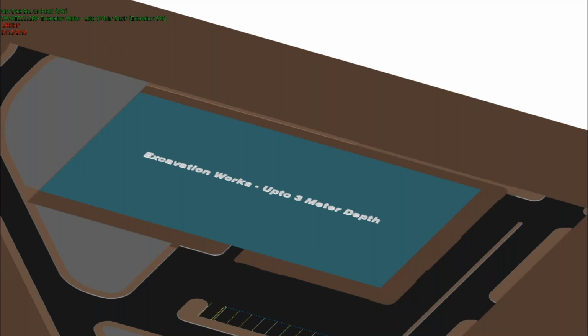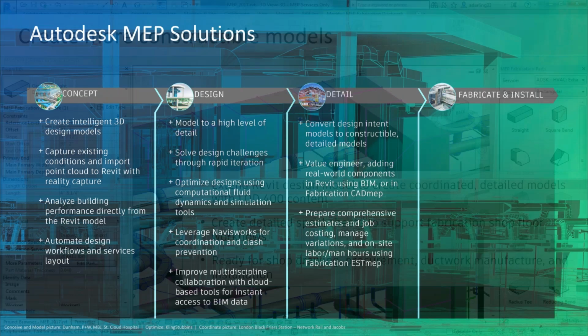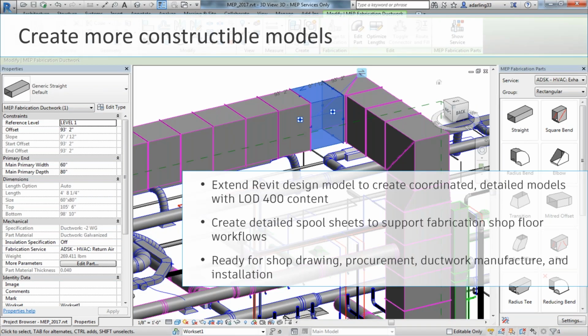The main thing here is LOD 400 content. LOD 400 content, as I showed you, comes in multiple stages. In the conceptual design stage you can come up with an LOD 100 model, in design development or schematic you have LOD 200 and LOD 300, and LOD 400 and 500 content is like an as-built model, which has a lot of information. For example, since you are all from the MEP side, if you want to build LOD 400 content, you want to place a lot of hangers and supports,